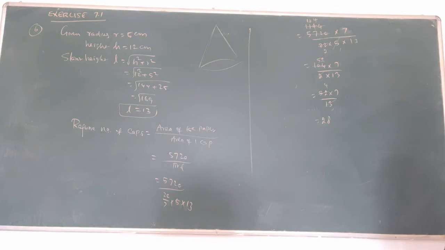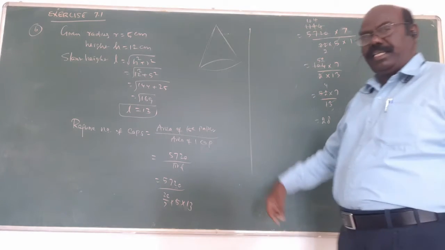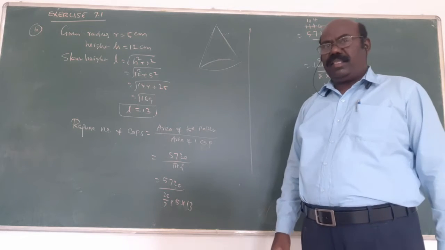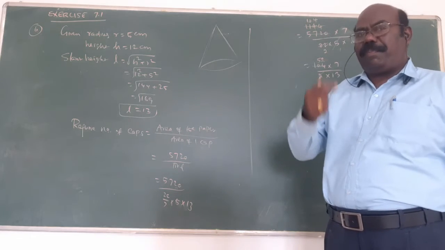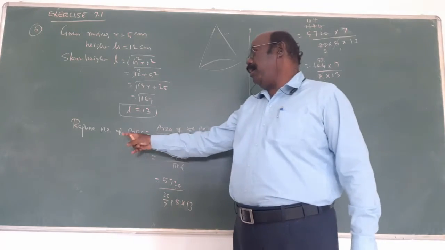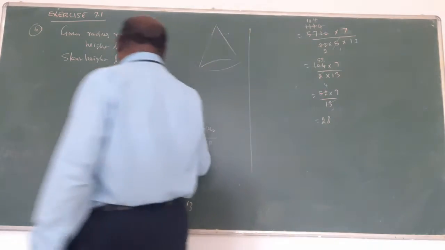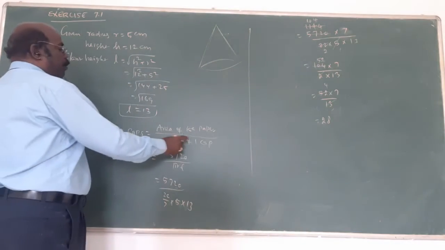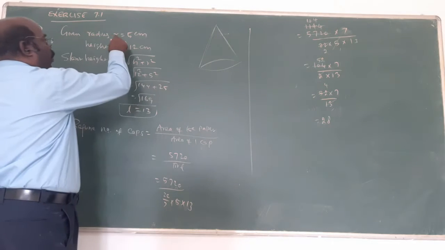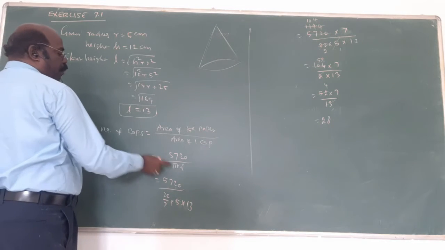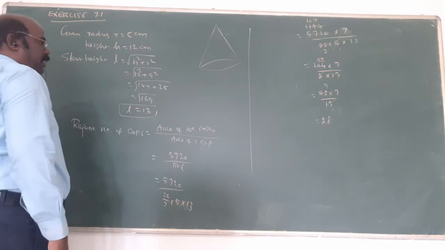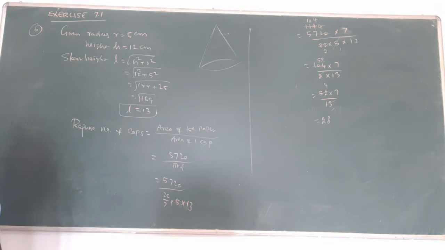This is the answer. One sheet of paper is there, a rectangular sheet whose area is given. How many birthday caps can you get? That is the question. The required number of caps is equal to the area of the paper divided by the area of one cap. The cap is in the form of a cone, that's why from r and h you find l. Pi r l is the formula. Substitute the pi value, r value, l value. After simplification, we get 28.